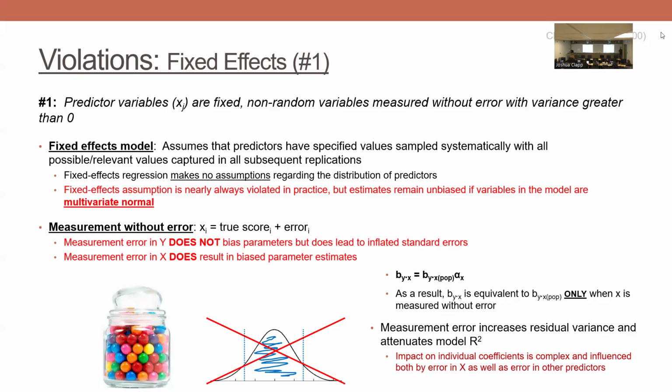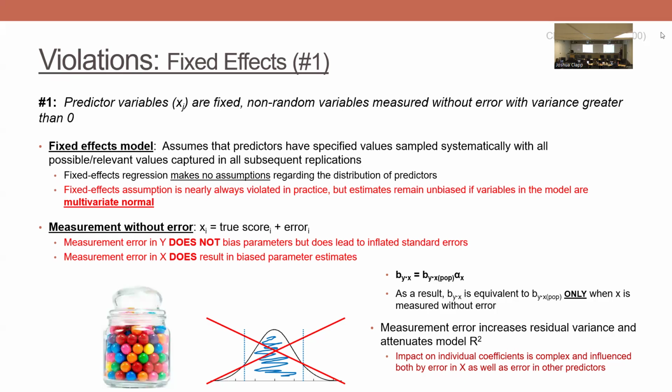So we're thinking about this from a practical applied standpoint. Measurement error is going to increase your residual variance, and so it's always going to attenuate your model R squared. Okay, your model R squared, your estimate of model fit, is always going to be smaller in proportion to how much error you've thrown into your measurements. Okay,